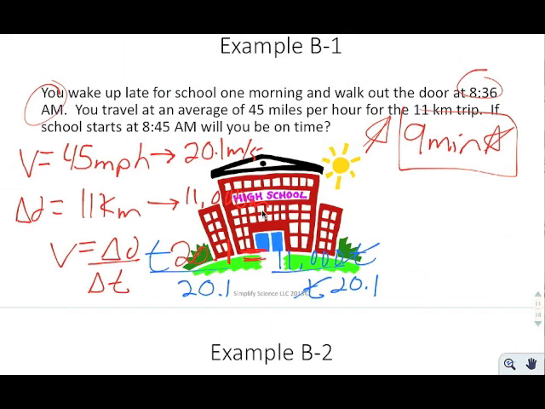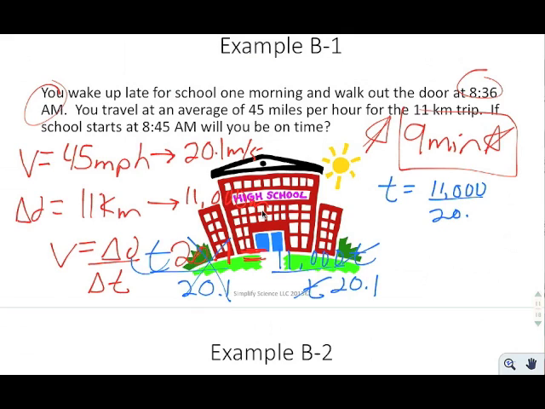here, and then it'll put it up top. The T value, the variable that you're looking for, always has to be in the numerator. You can't ever have the variable in the denominator and solve. But then we divided both sides by 20.1 to cancel that out. And so now what we're left with is T equals 11,000